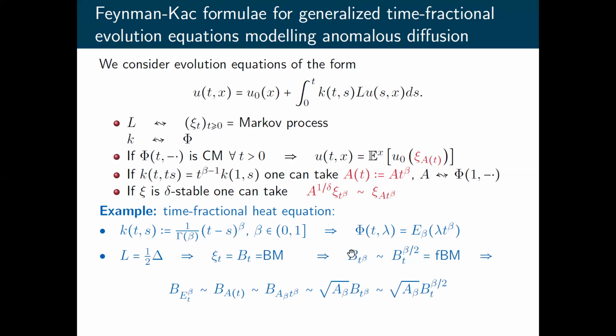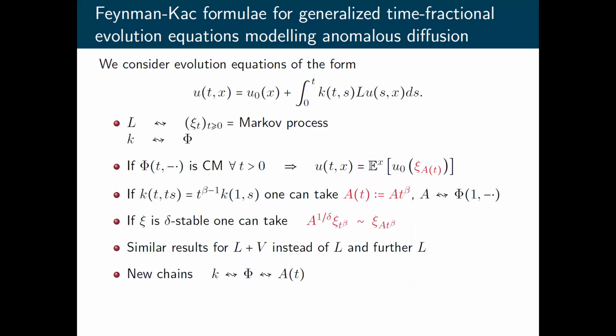And further, time-delayed Brownian motion as here has the same one-dimensional marginal distributions as fractional Brownian motion with Hurst parameter beta over 2. So we can replace this delayed Brownian motion by fractional Brownian motion, and then we obtain another stochastic solution, which is just gray Brownian motion. It is again another known representation. So we have restored the whole line between two known representations of stochastic solutions of time-fractional heat equation,